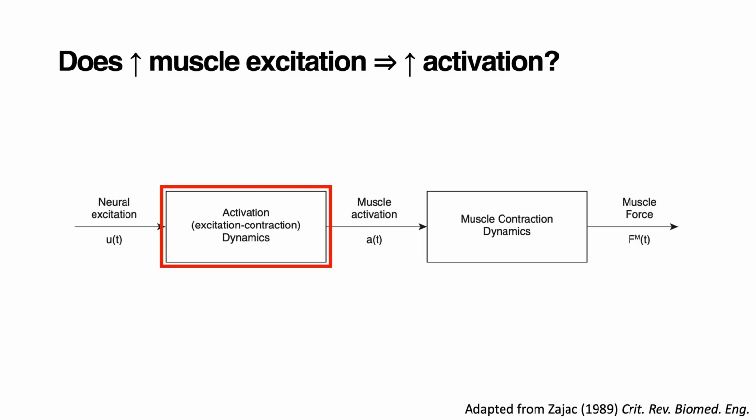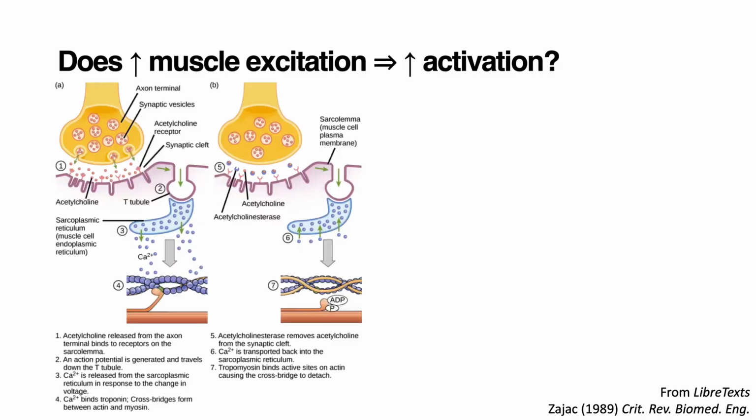So we're going to look at this more closely, and this relates to when you actually get the action potential from the nerve and it releases acetylcholine, that triggers an action potential on the sarcolemma, which then causes calcium to be released to bind to troponin. However, this calcium takes time to move through the cell. So it's not an instantaneous thing or nearly instantaneous like the flow of electricity on the surface of the muscle